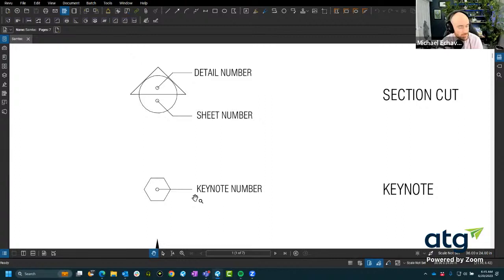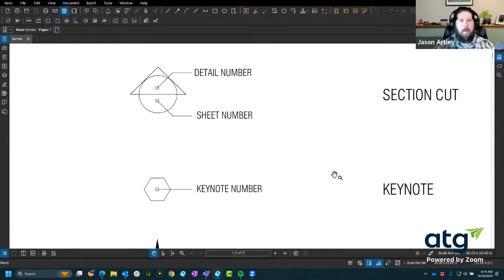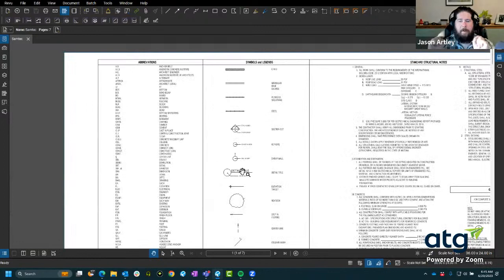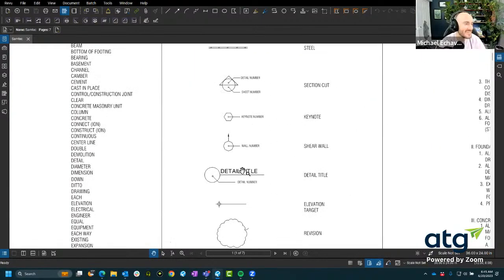Jason, for the reason why Revu is not opening up quickly. The file size? Yeah, could be. Okay. Well, anyways, on that note of talking about file size and PDF health and all that other stuff,